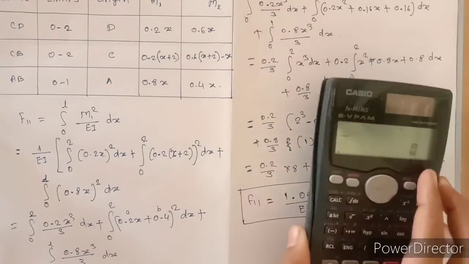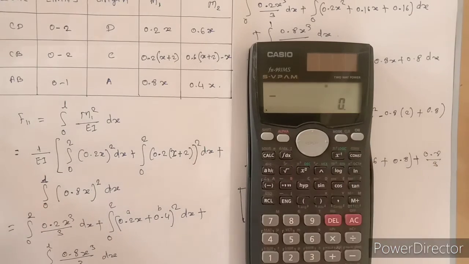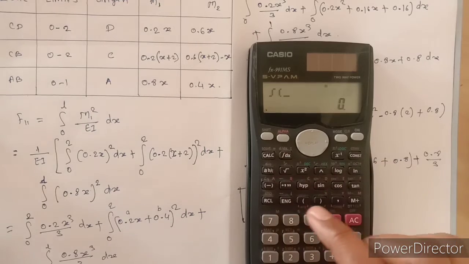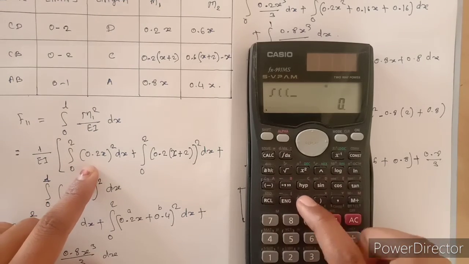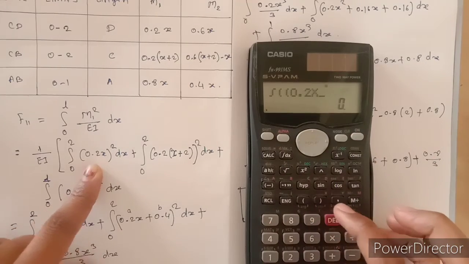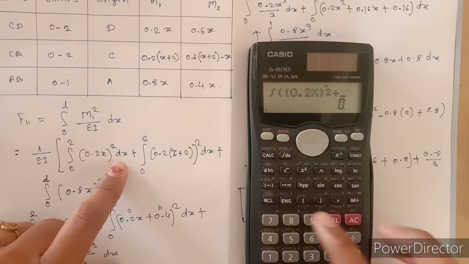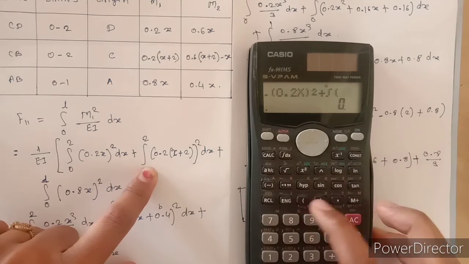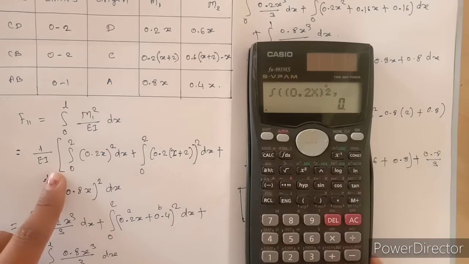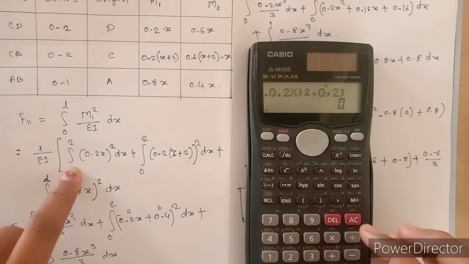So you can see here our equation is, first we take the integration in bracket 0.2x bracket square, plus the second integration, put limit 0 to 2, bracket square,